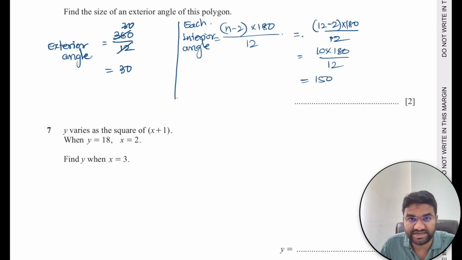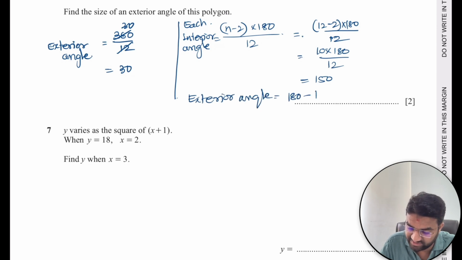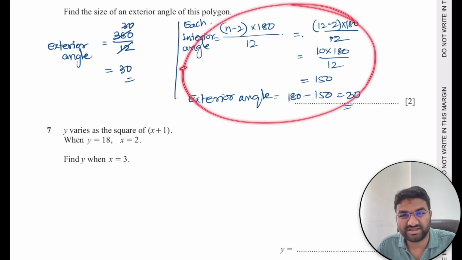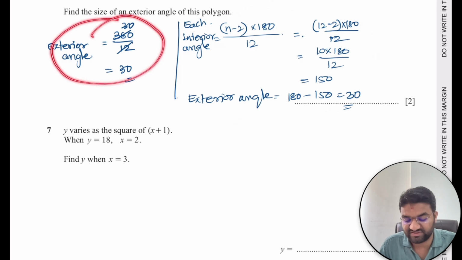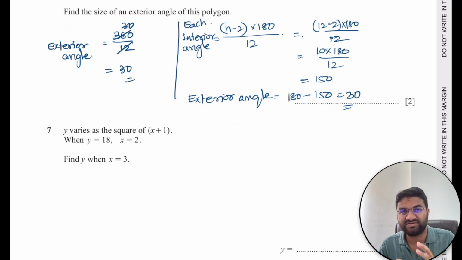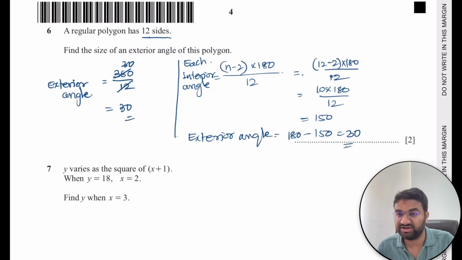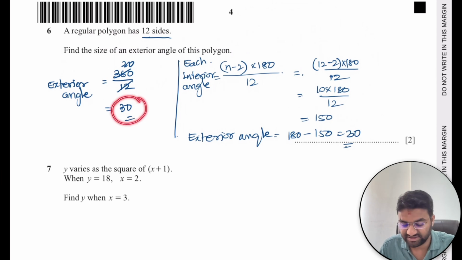So this is each interior angle, and exterior angle 180 minus exterior angle is equal to 180 minus 150, which is 30. We will get the same answer. Getting it? This is the easiest method, because the total exterior angle of any polygon, I'm saying any polygon, it might be hexagon, octagon, pentagon, is 360. So you can divide it by the number of sides,